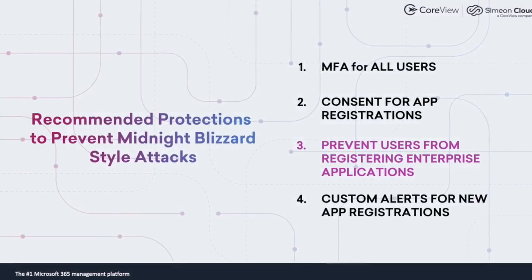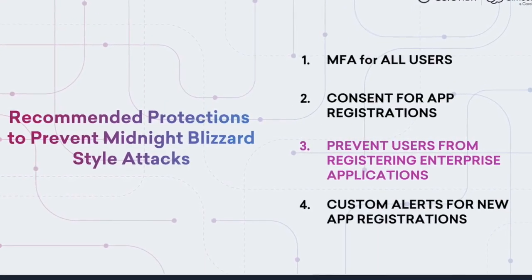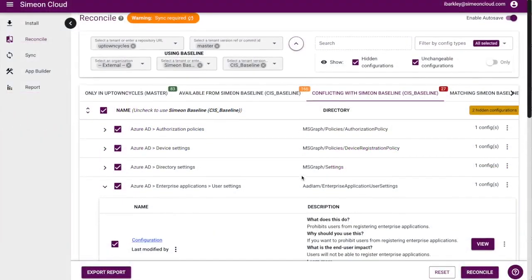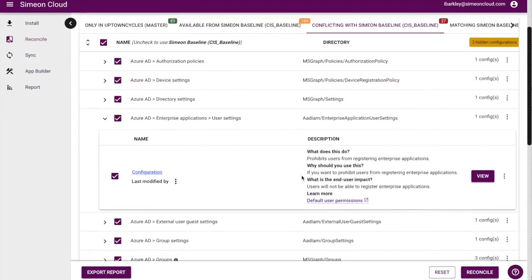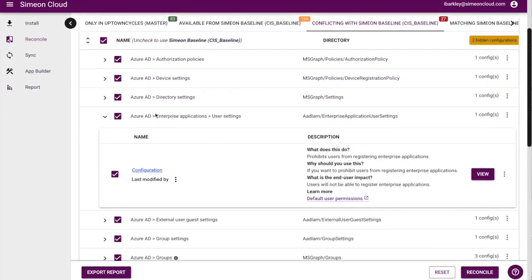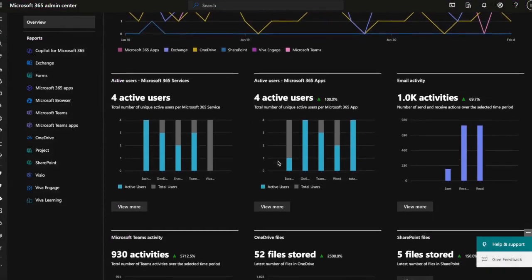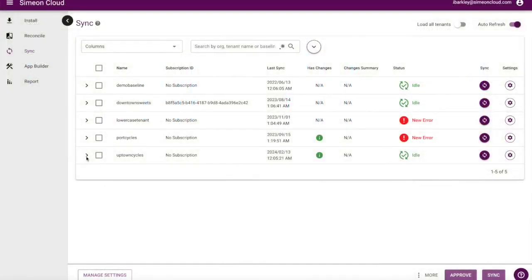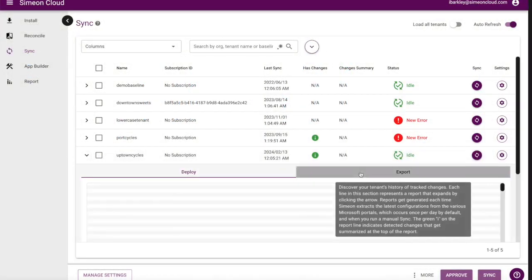The third important policy to implement prevents users from creating enterprise applications. Similar to the consent policy, this Entra ID policy will help protect your environment from the creation or installation of enterprise applications. This policy can be found both within the Simeon Cloud Standard Baseline and the Simeon Cloud CIS Baseline. You can also configure this policy in the Microsoft portal, then sync your baseline and deploy it to your production